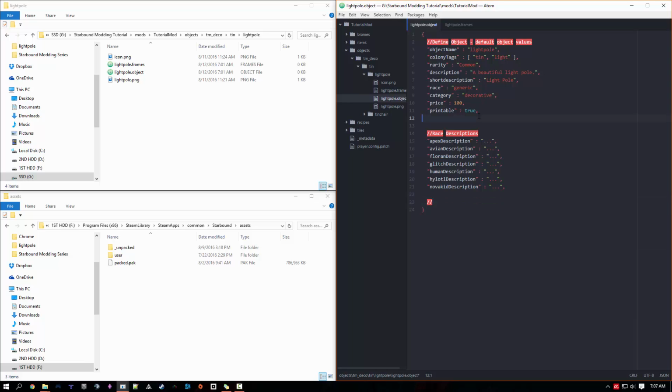I forgot up here, we need to do inventory icon colon, and this is going to be icon.png because I only called the image up here icon for our inventory icon. Okay, so down here, define animations. Okay, so start out with orientation,